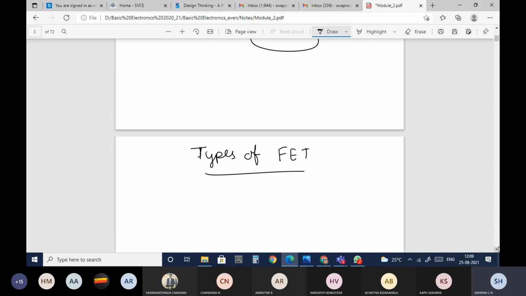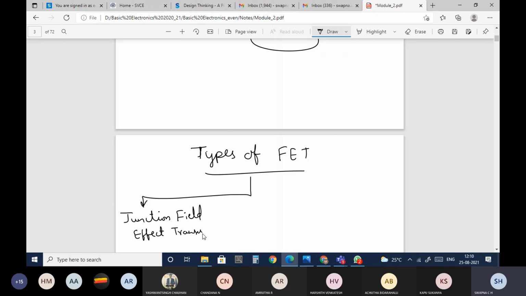Now I'm saying that field effect transistors are divided into two types. The first one is the junction field effect transistor, which in short we call JFET.